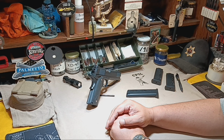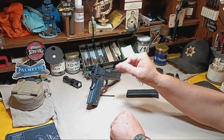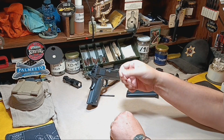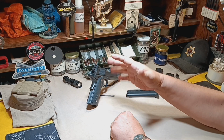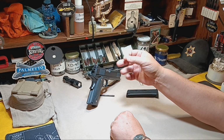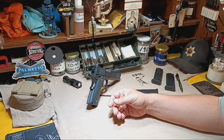All right, that short video clip was only to show you how well the brand new Tisas B45 duty runs with a small mix of ammo and without any sort of break-in period. Now, I bought this gun just a few weeks ago from Bud's Gun Shop for under $450. All right, and I immediately